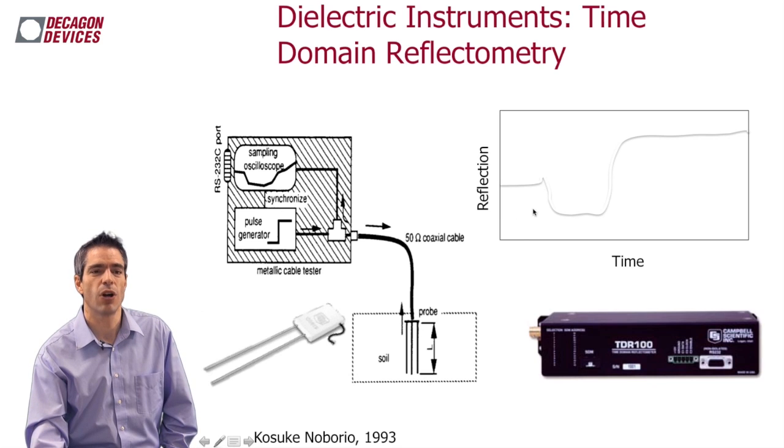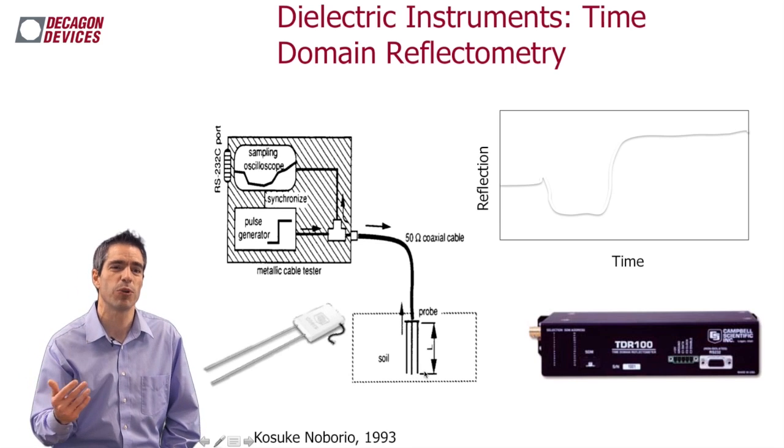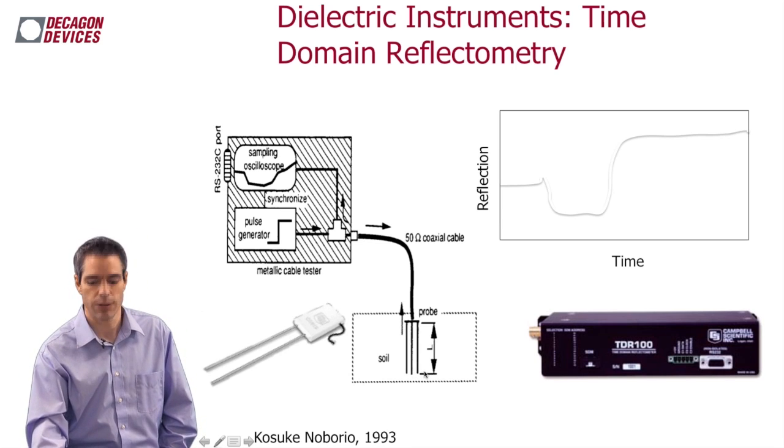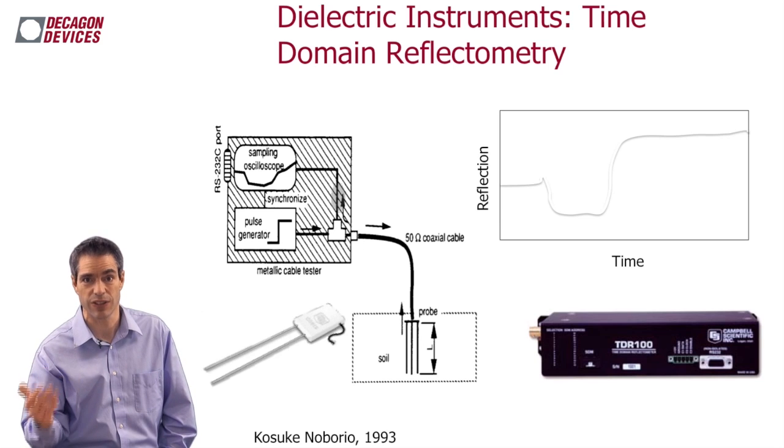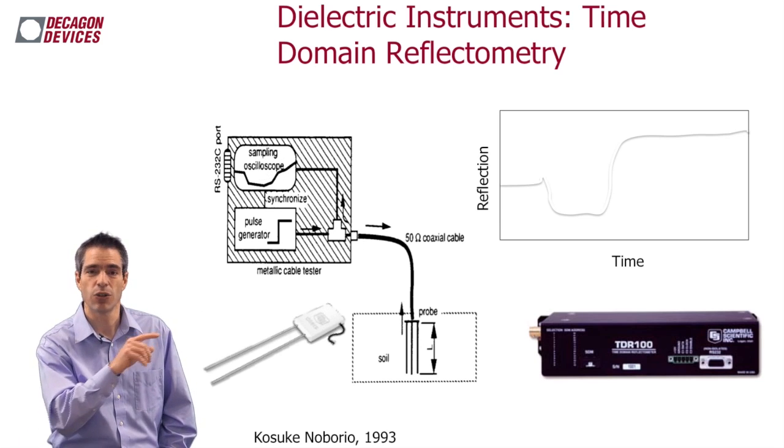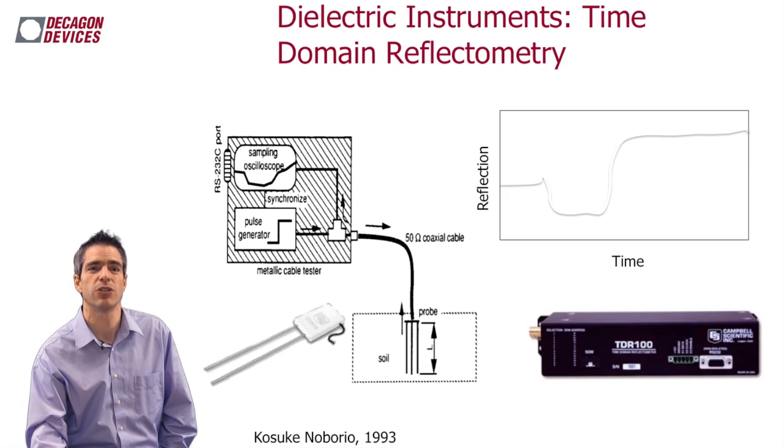As it passes along this sensor and hits the end of the probe right here, it also produces a reflection of energy. And the time that it takes for that energy to travel from the beginning of this probe to the end of the probe, we can use to calculate the dielectric permittivity. And let me show you how that's done now. Let me just back up again. Here's that pulse of energy going down, reflecting off the end, and going back into this sampling oscilloscope that basically looks at this pulse of energy,